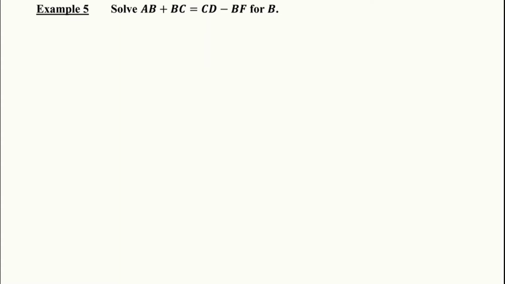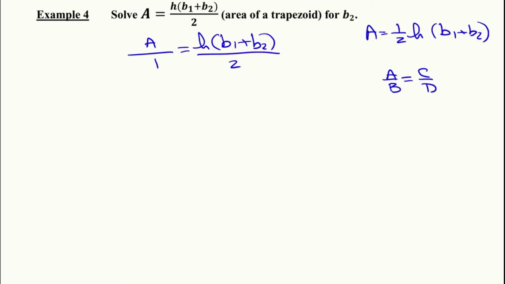cross multiply. Okay, we're back. So we get h times (b1 plus b2) equals 2A. All we did here is we cross multiplied. So we get